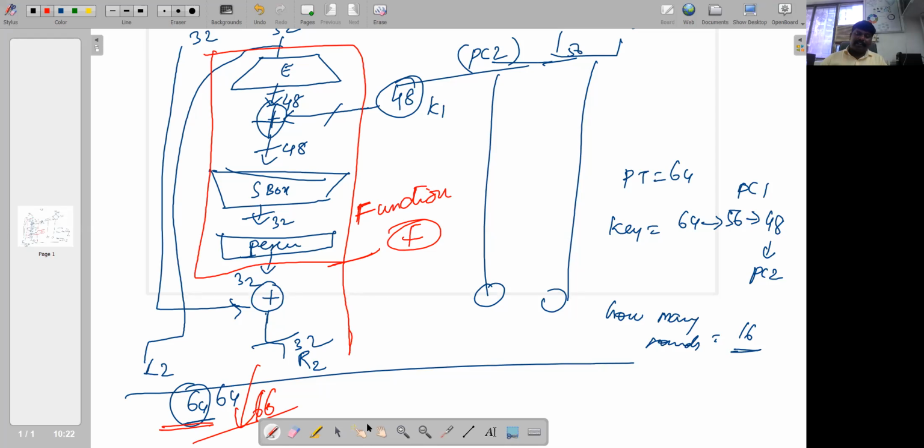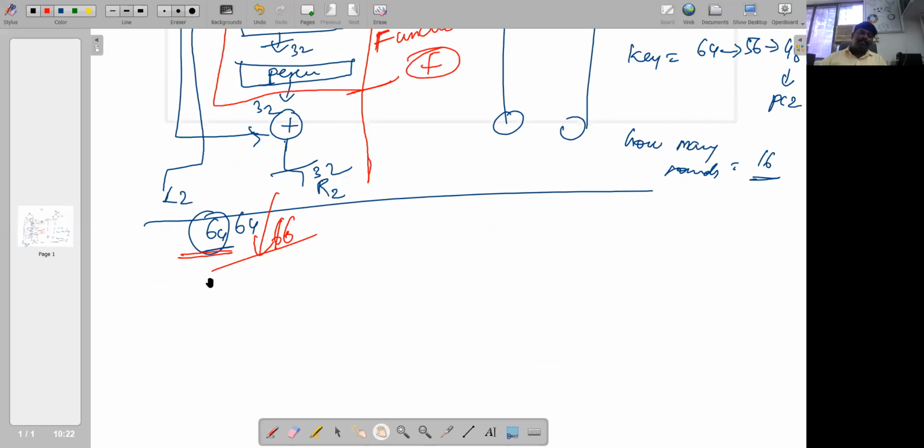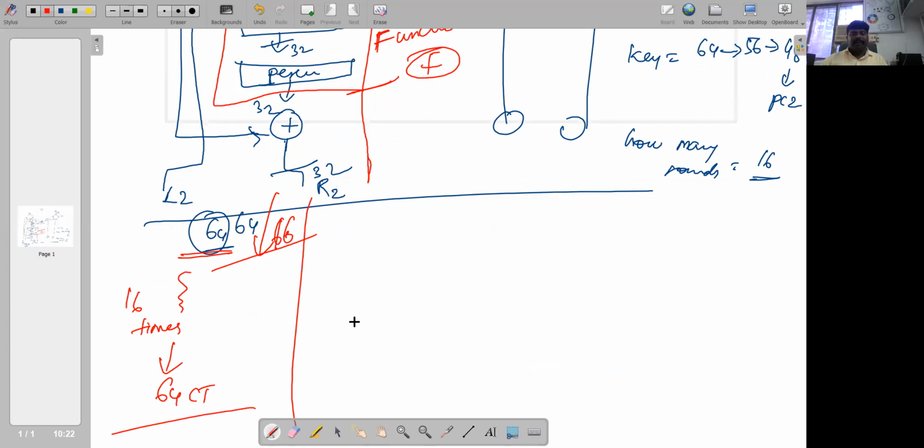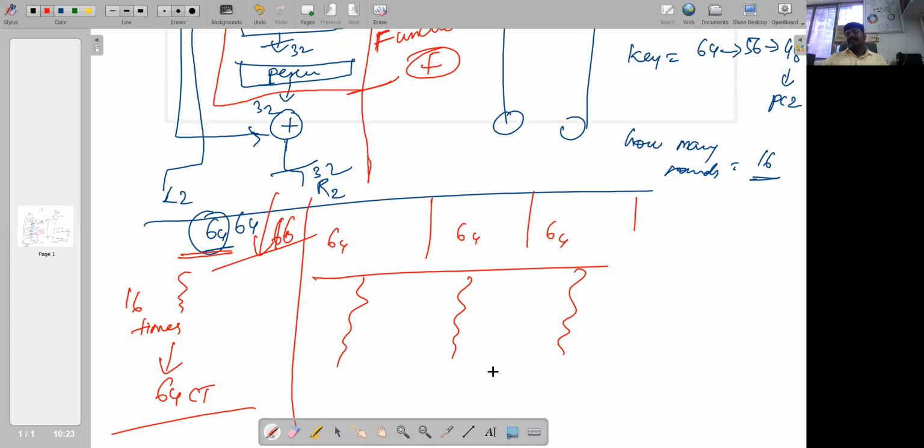By the end we'll get a 64-bit ciphertext. So this is for one block of 64. Likewise, if you have other blocks of 64, all these blocks undergo the same operations and produce 64-bit ciphertext.